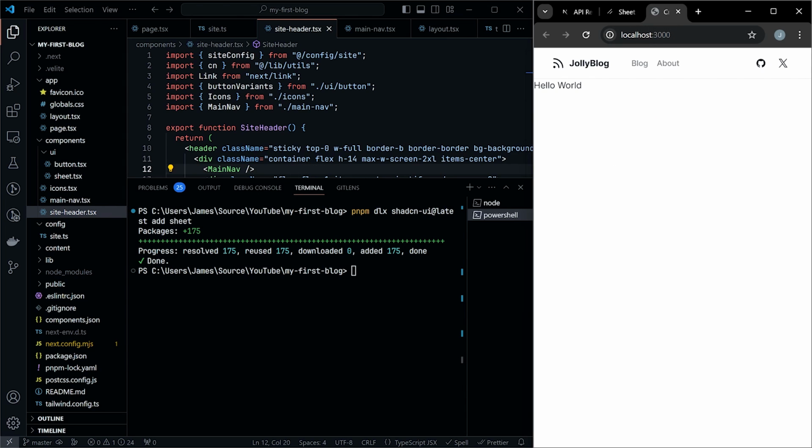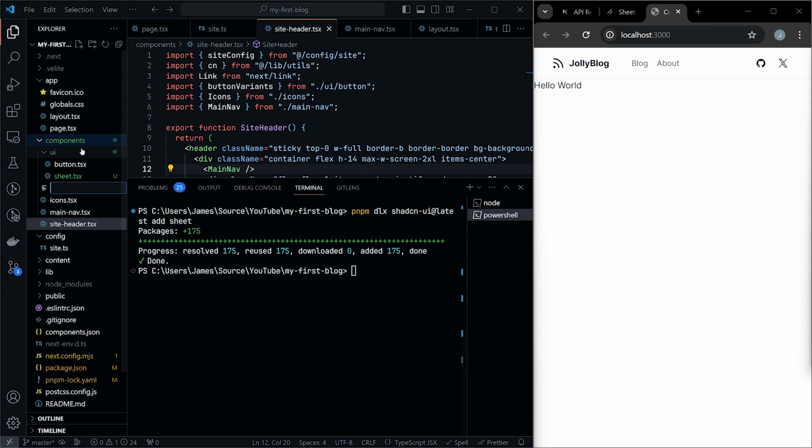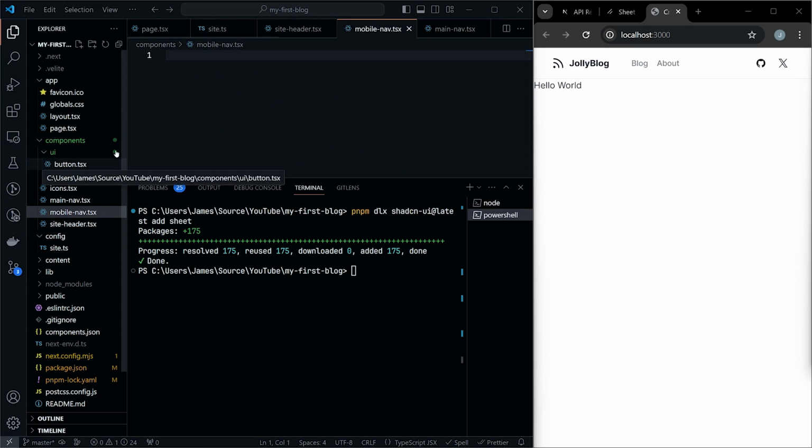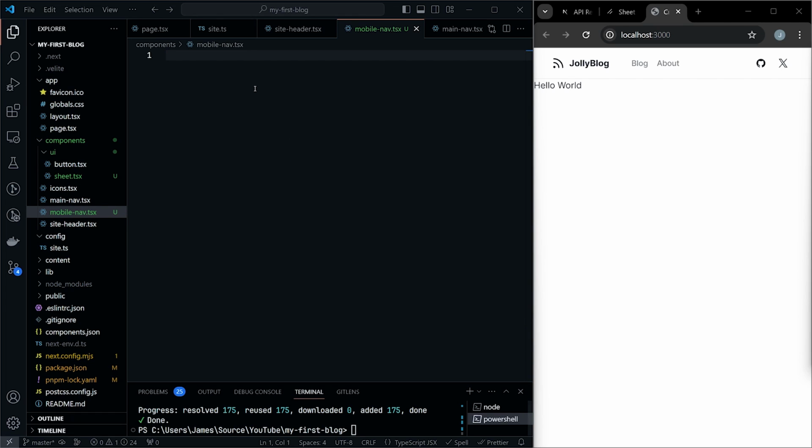So now that we have that, we can create a new one called mobile nav. Let's go into components, new file, mobile-nav.tsx. And then in mobile-nav, we're going to add the use client directive again, as this is going to be using some hooks and it needs some client-side logic. So we're going to be doing use client, export function main nav, or mobile nav, sorry,